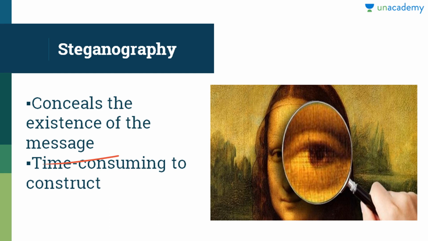A simple form of steganography, but one which is often time-consuming to construct, is one in which an arrangement of words or letters within an apparently normal text spells out the real message. For example, the sequence of the first letter of each word of the overall message spells out the hidden message. Suppose my text is "time consuming to construct," right? If I take T, C, the first letters of each word of the message, so my TC would